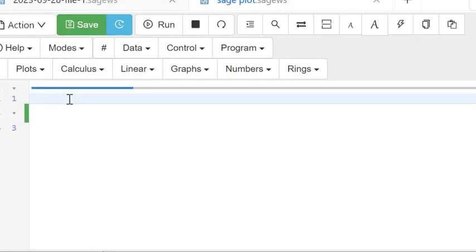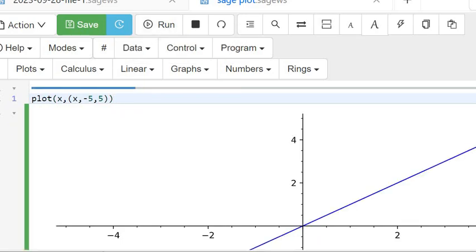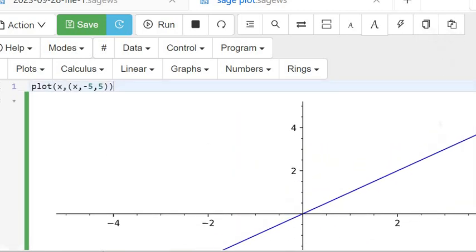So in SageMath, it's very easy. What you say is plot x. We want to plot y equals x in the range of x between -5 and 5. So that's what you want it to plot. That's the simple command there. So if you run this, you'll see that it has plotted the graph that we drew